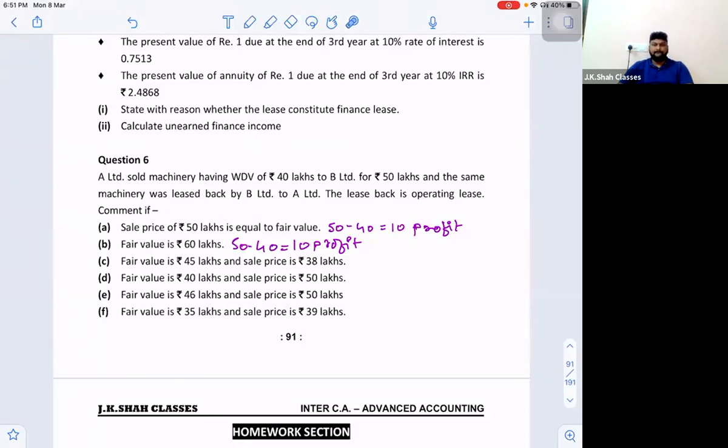When fair value is 45 lakhs and sale price is 38 lakhs, comma, same question you have to copy. The loss of rupees 2 lakhs, in the bracket you show 40 minus 38, close bracket,